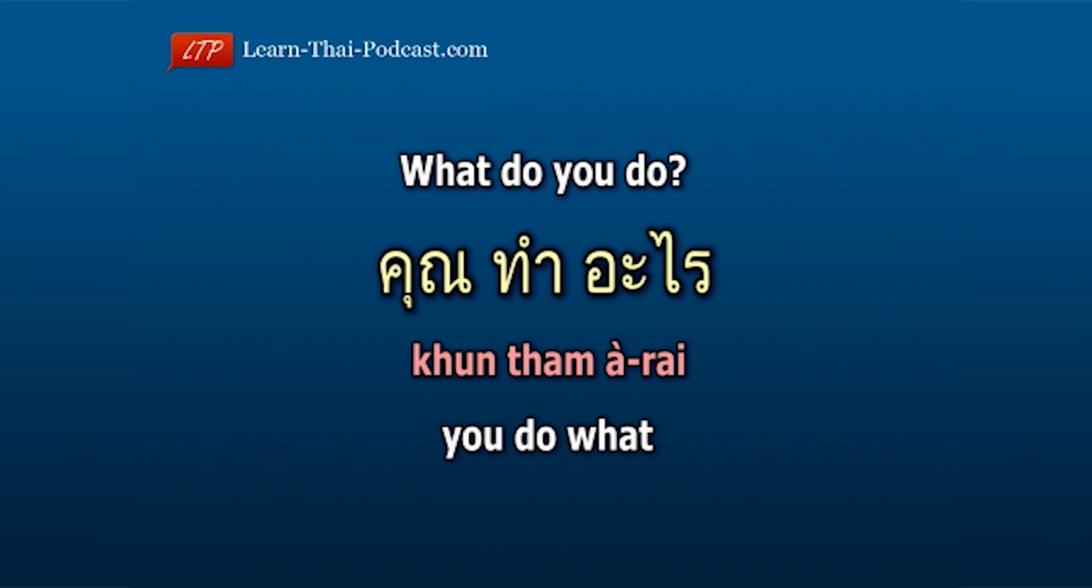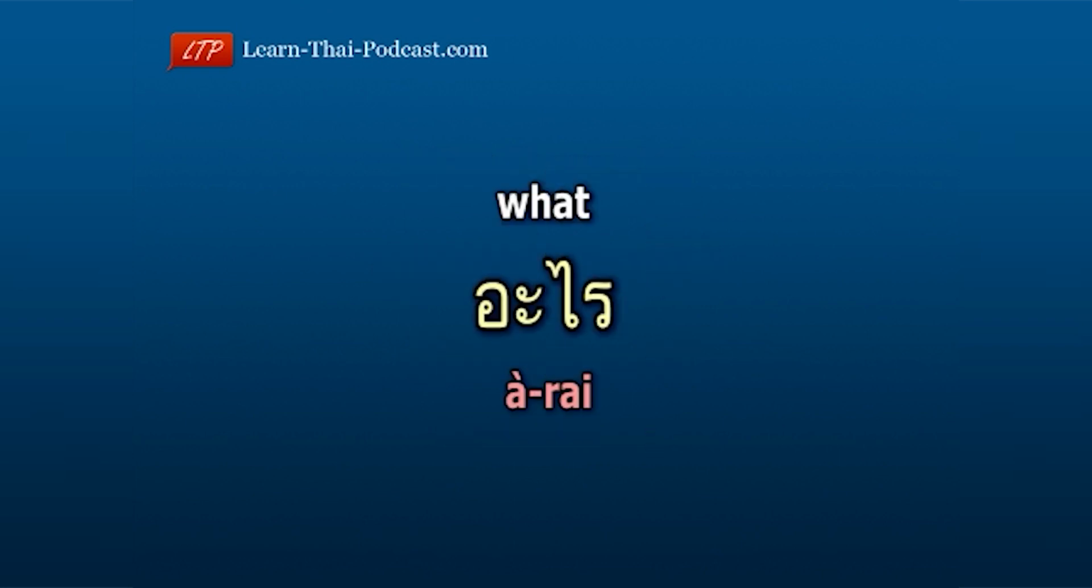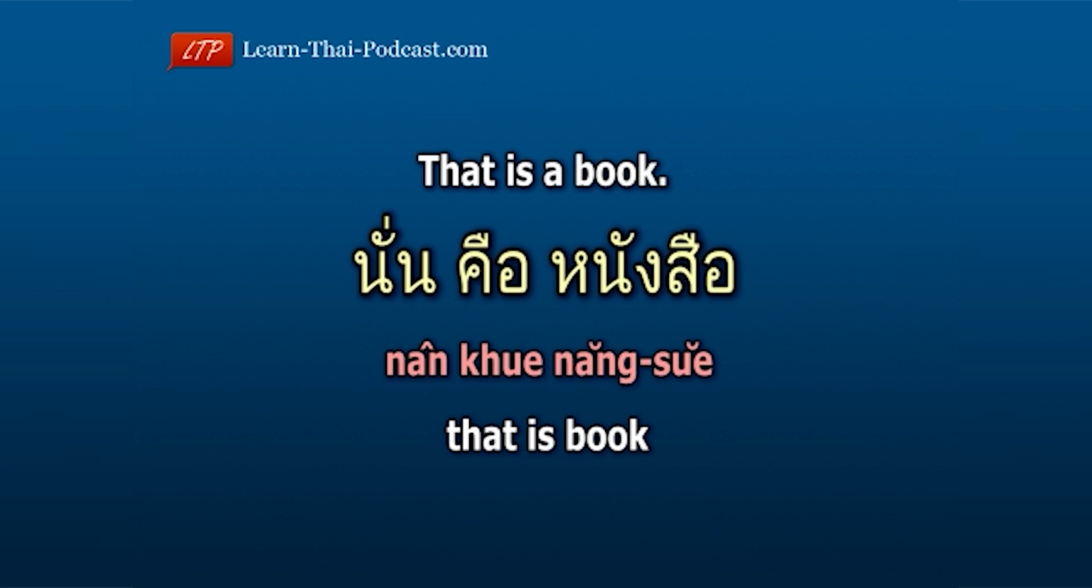The easiest way to find the position where you should put the word อะไร in a sentence is to replace the position of the thing you are asking for. Here's some examples. First, the statement. That is a book. นั่นคือหนังสือ That นั่น, is คือ, book หนังสือ. That is book. นั่นคือหนังสือ